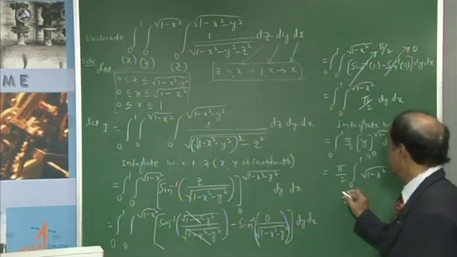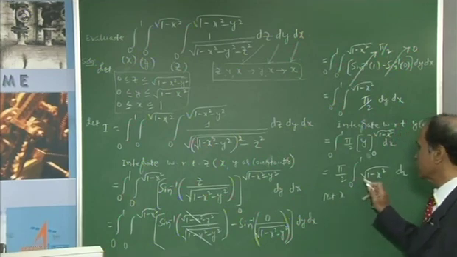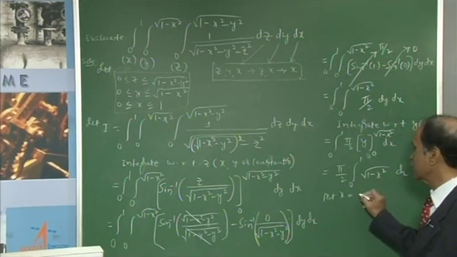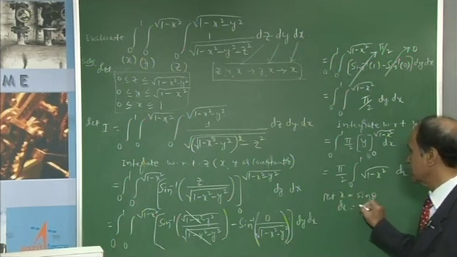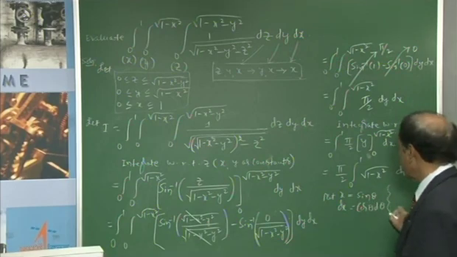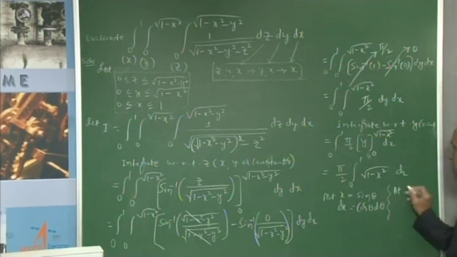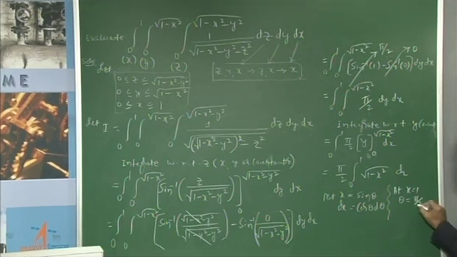Let me take x equal to sin theta, the substitution I am choosing because you have to avoid this square root sign. Then dx equal to cos theta into d theta. Then the limits: at x equal to the upper limit 1, theta is equal to sin inverse of 1, which should be 90 degree. This is one limit,